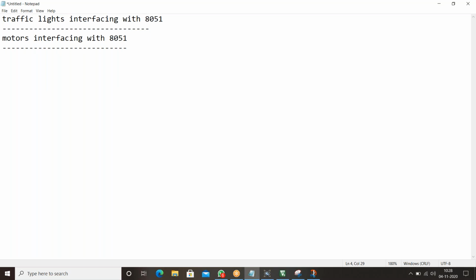Before going to that, what is a motor? DC motor. I hope everybody knows about this DC motor, right? So what is a DC motor, how does it work, and where do we use this DC motor? Can you please respond in the chat box? So what is a DC motor?